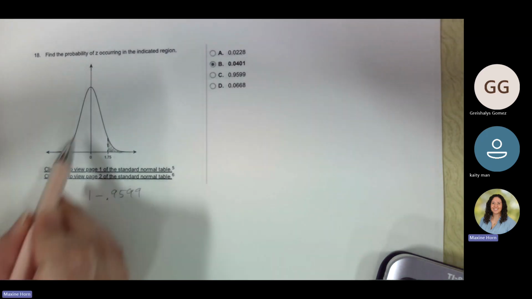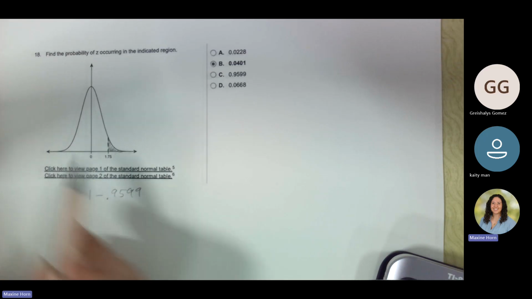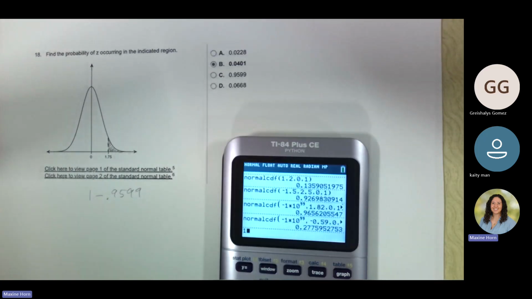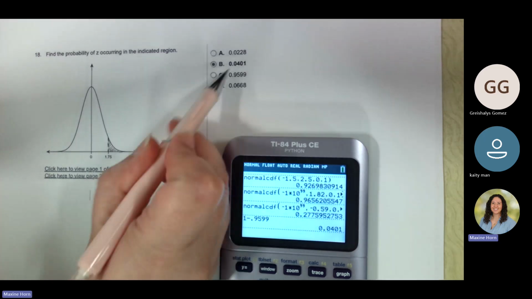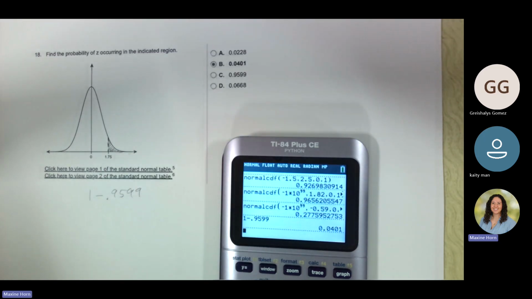Because this is 0.9599, that's this area to the left. So we're going to do 1 minus that. Okay, that's how we're getting the 0.0401. Right, so for some of you, that might feel faster than to say, okay, I gotta go second vars,